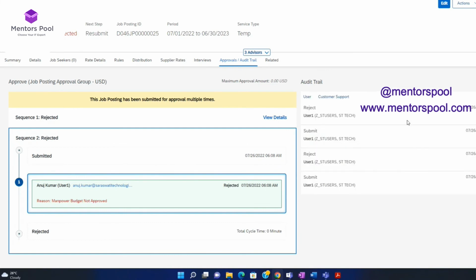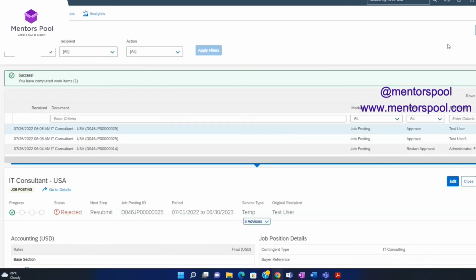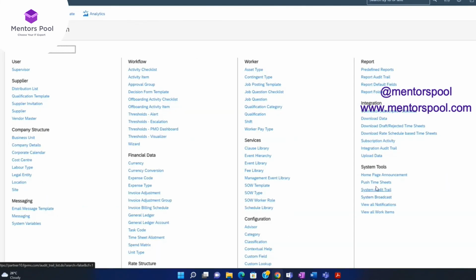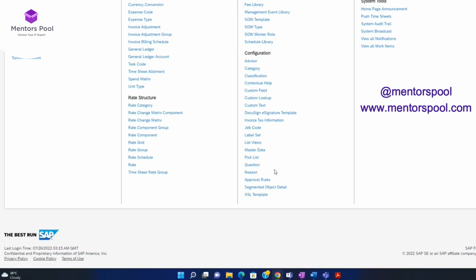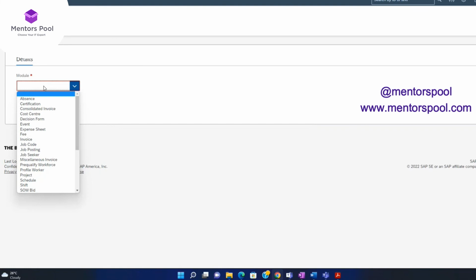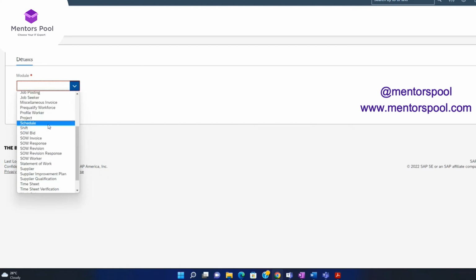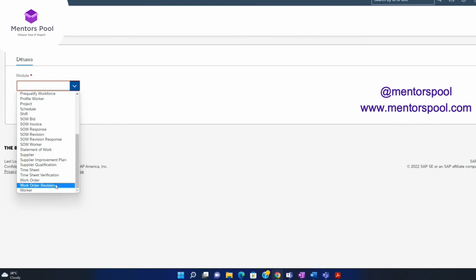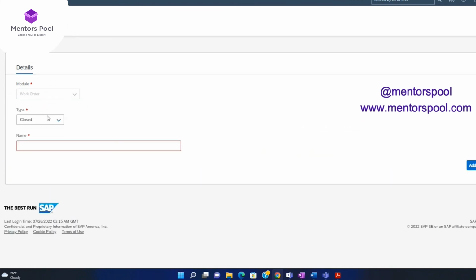Okay. Since we are here, I'm just showing these quick options, but this is how reasons can be configured. When you set up a system the first time, you may have to configure the reasons for all the dropdowns. Otherwise, without a reason, Fieldglass will not allow a rejection or an acceptance wherever it is asking for those reasons. So basic reasons are already created in Fieldglass. Other than that, if you want to create any new reasons, you can just select the module and define the reason. For example, work order, whether I want to close the work order, reject the contract, or withdraw on the work order, and then accordingly I can put in the values over there and